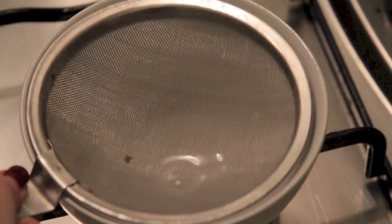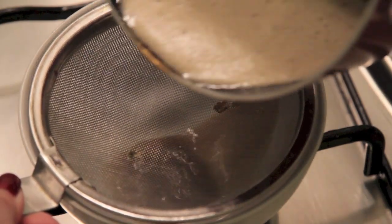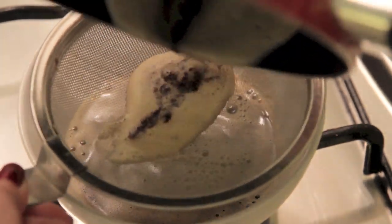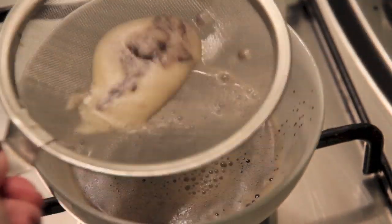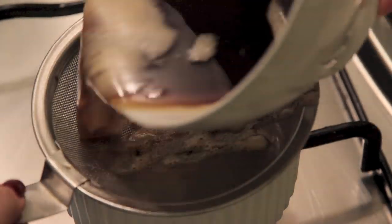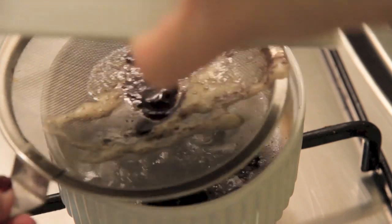So you get a clean bowl, put a strainer over top and pour your butter into it. As you can see on the top, this frothy and black stuff is all caught on the strainer. You want to strain it a few times. Here I strained it 3 times just to make sure that my butter is really free from